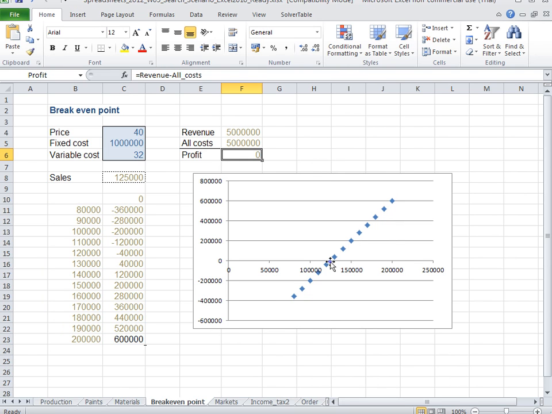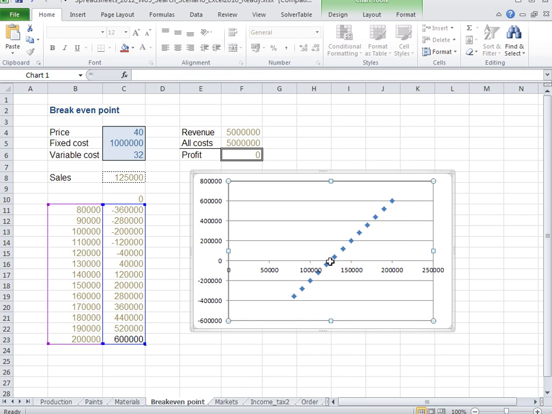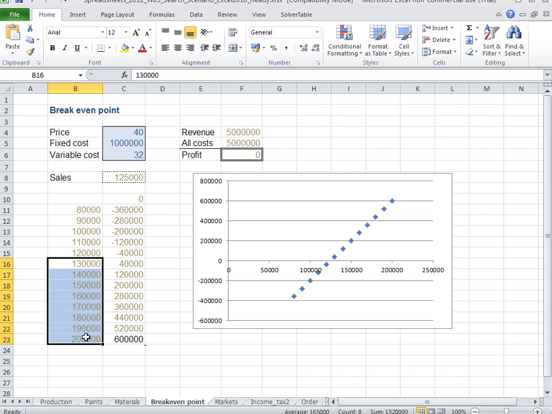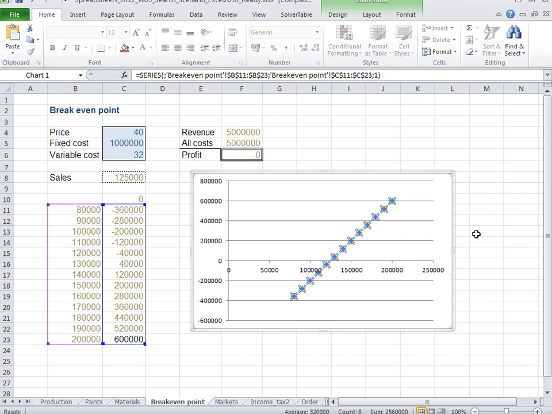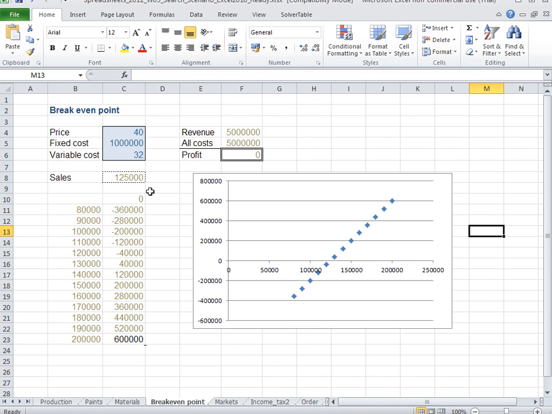So that's what the goal seek was good for, and furthermore, as the sales numbers become bigger and bigger, the profits will come for this company. This in business is called break-even point analysis. Break-even point is 125,000, and